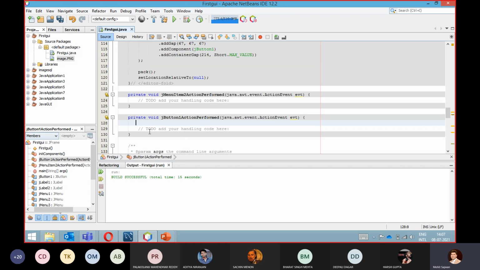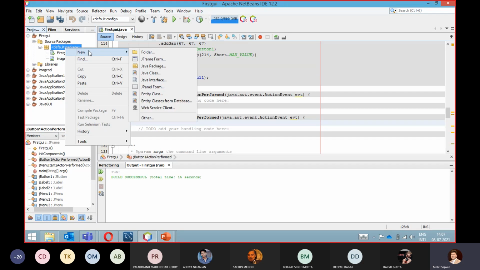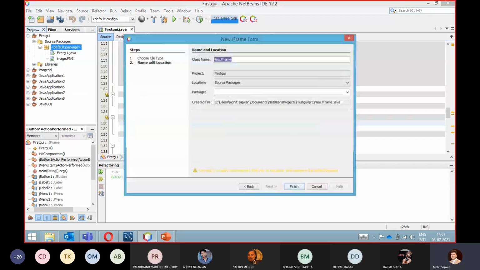If I want to call my second page from one page, my second Swing application, how can I do that? For this, you just create one more JFrame form, okay? Now I want to name this one second,